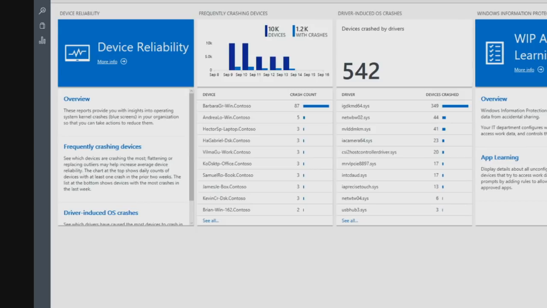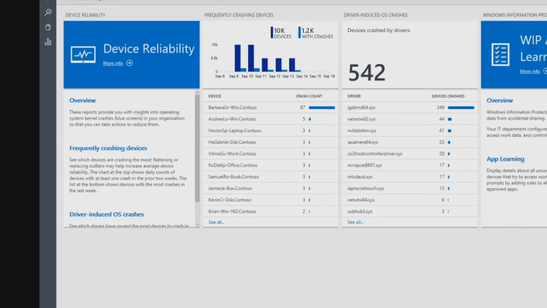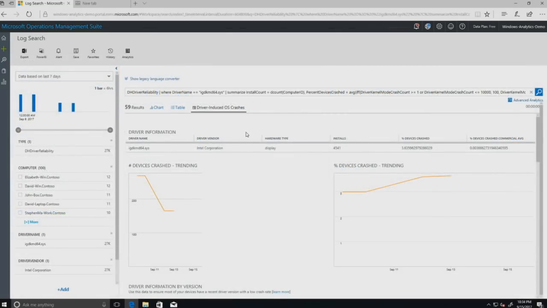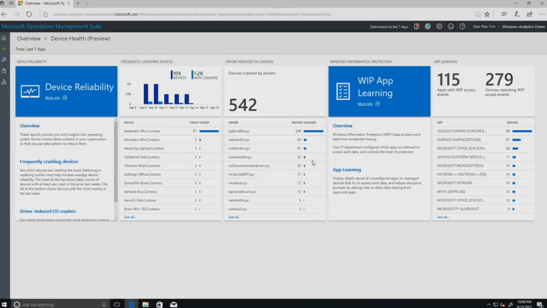So I can see which drivers have some kind of association with the highest numbers of crashes in my environment, or crashes across the highest numbers of machines. So right away I can gauge, oh yeah, by updating this one driver I could potentially unblock a lot of employee productivity. Now, if we click on a given driver, typically people click on whichever one happens to be the most active in their environment, we can see a trend, is it crashing more devices this week or fewer devices this week, so we get a sense of where we might need to take action. We also get this detailed,